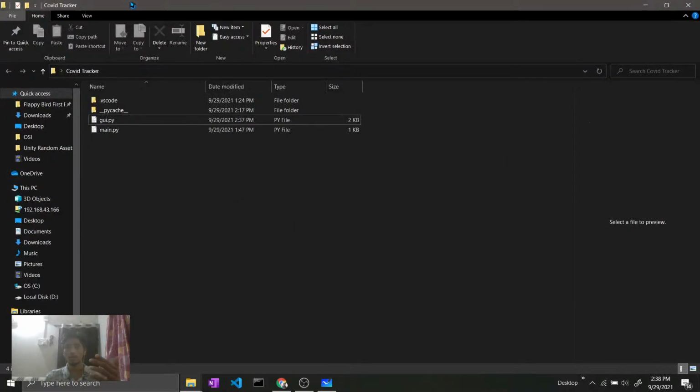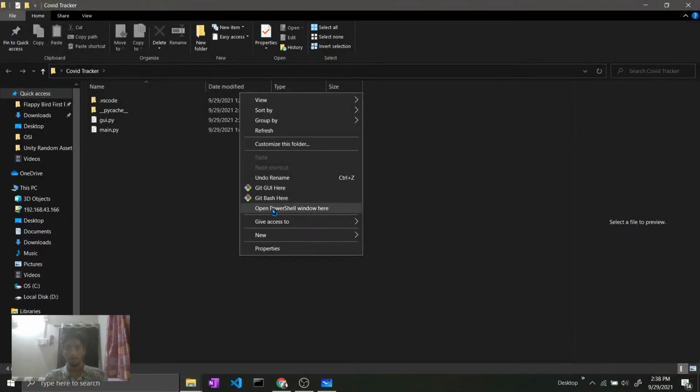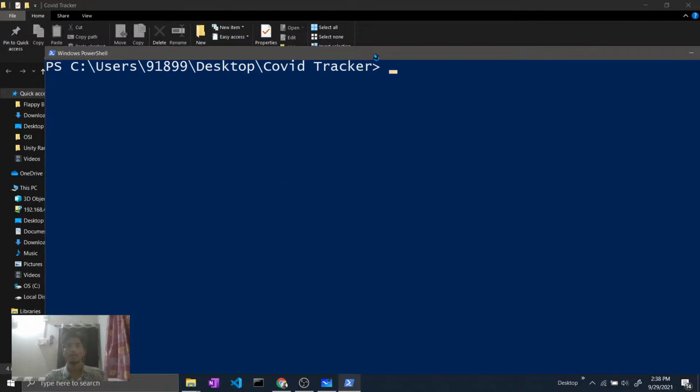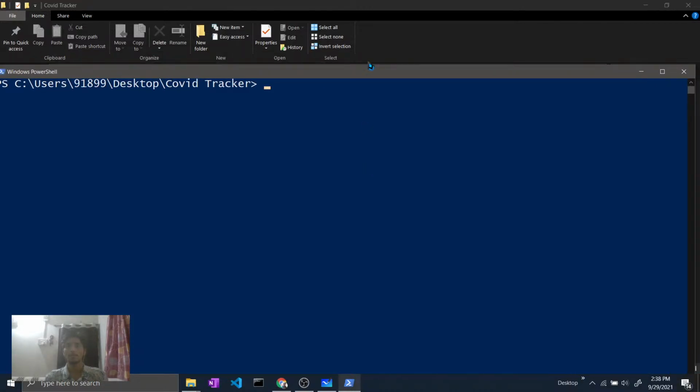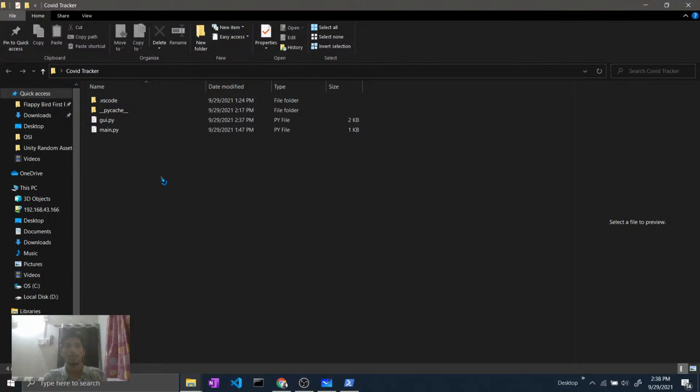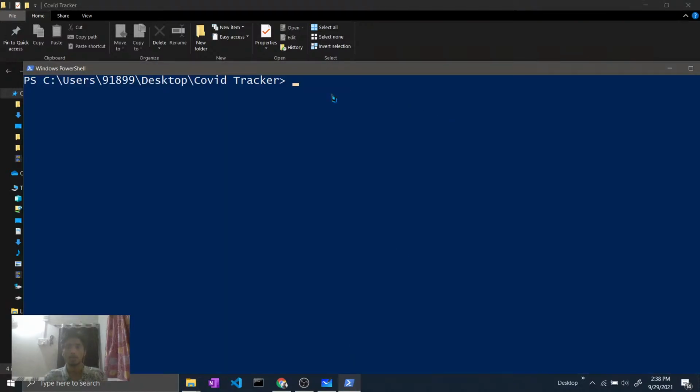Now in your COVID tracker folder, open it, press Shift and right click, and navigate to Open PowerShell window here. After that, click Open PowerShell window. Now what you have to write here, I have given in the description also in this live stream. You just have to write here. Okay, yes, this is correct. You just have to write pyinstaller